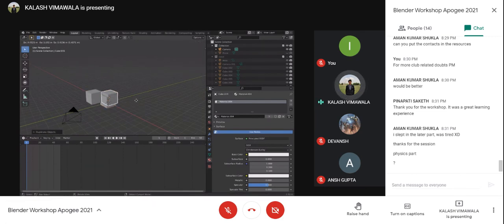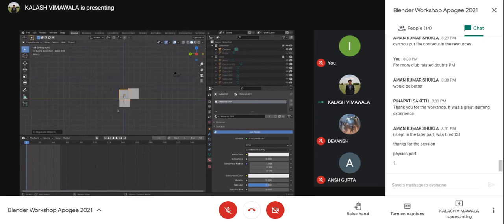I'll duplicate a couple of cubes. All right.